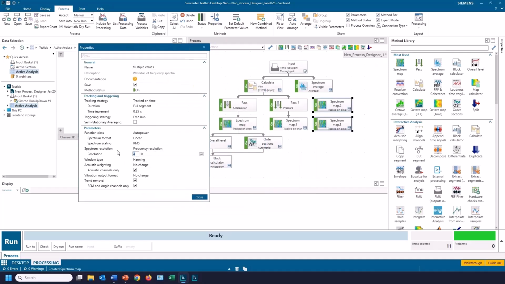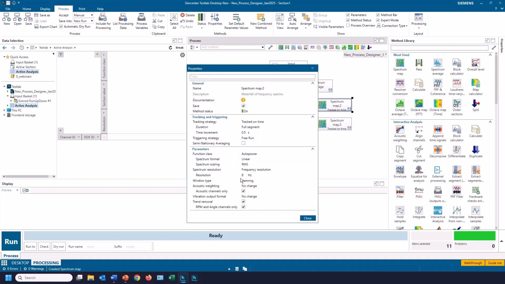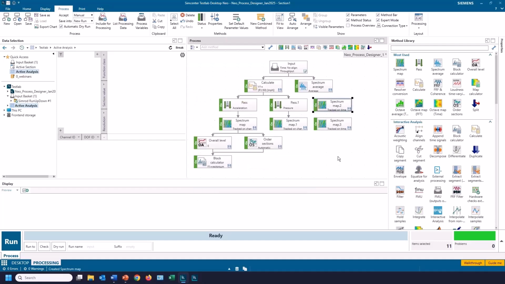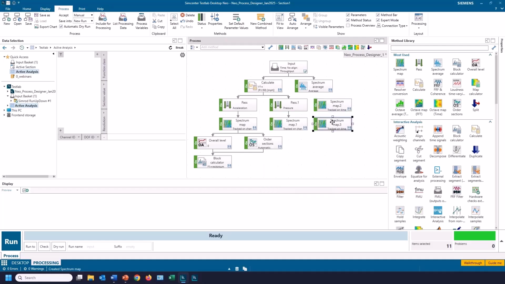So here it's 2 Hertz by default, so maybe I take that to 8 Hertz, and maybe I want this time segment to be 0.5 second. Close. So now if I check them individually, the first kept 8 Hertz with 0.5 second, and the second one kept 8 Hertz with 0.5 second. So that's another way to do it as well. If items are similar, you can just highlight them together and change the properties in one go.